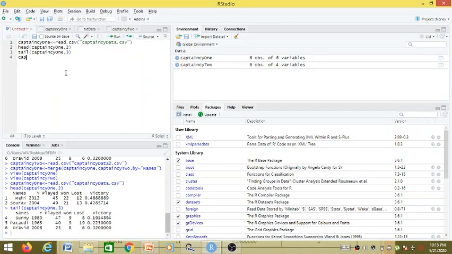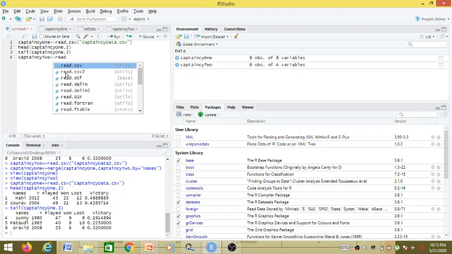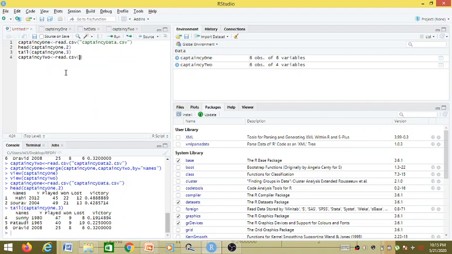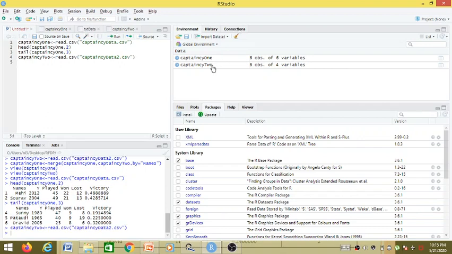I have already created it, but again I am creating it for you. So read.csv and the CSV file from which we want to create a data frame. Captaincy data2.csv is the file, and if I run this, there is captaincy data2 with 6 observations and 4 variables.